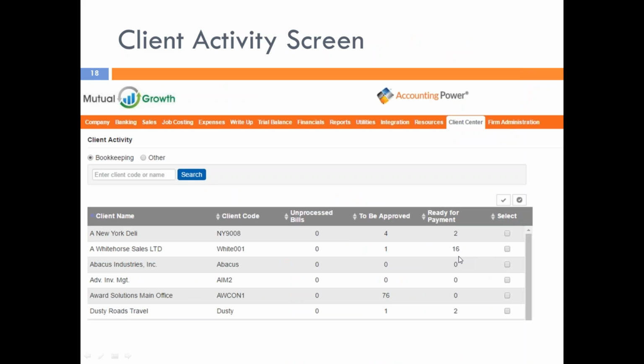Now once again, they come here and the bills are ready to be paid. So there was still one left to be approved. That's the remaining $150 on that one invoice. And there's 16 that would be ready for payment. Now,